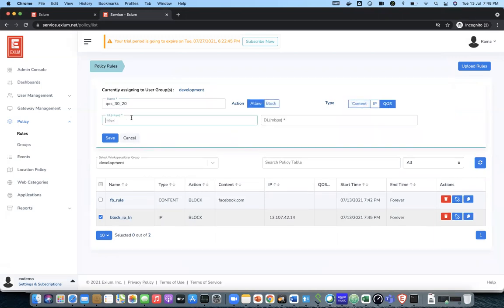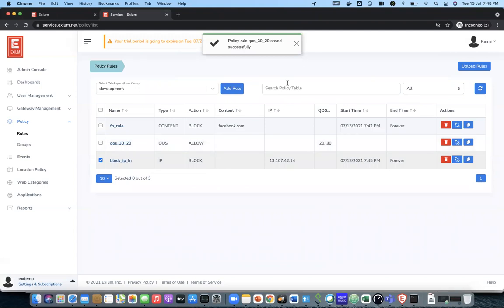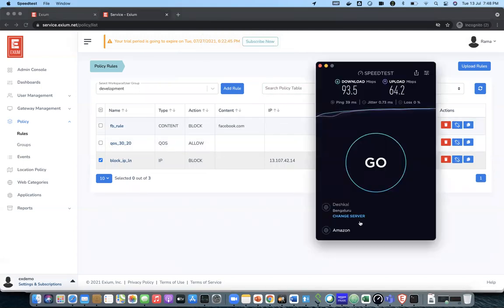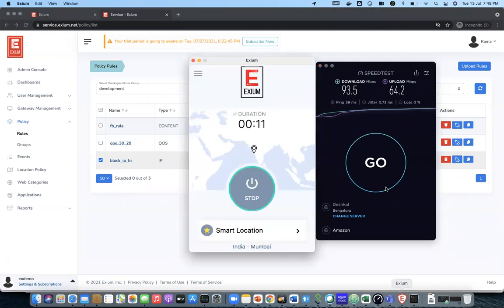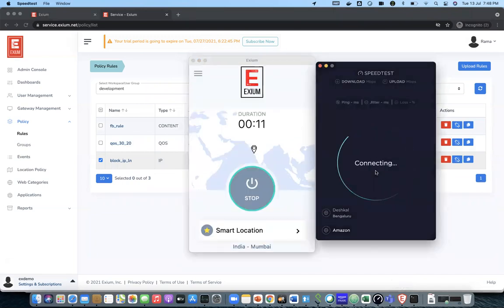So I set uplink 20, downlink 30. Now I have applied this policy. Once again I'll run the test.